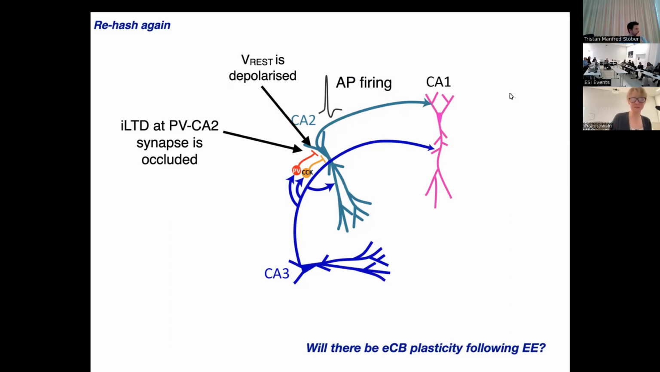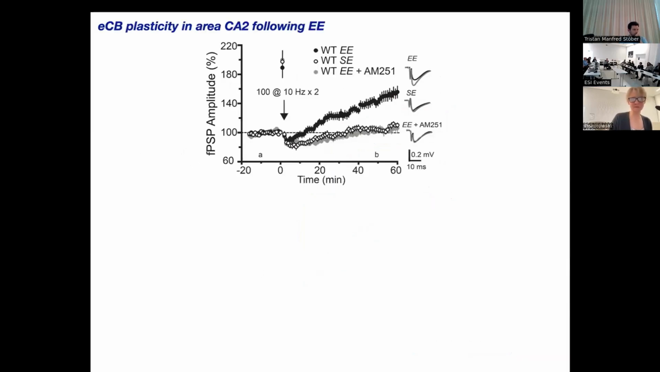So that's the prediction, right? Does it actually happen? Yay! So here we have wild type mice. Sorry, I can't help it. Anyway, so we have